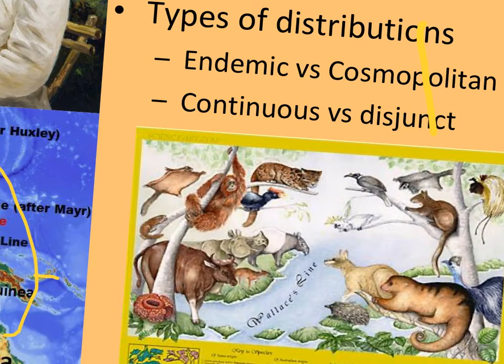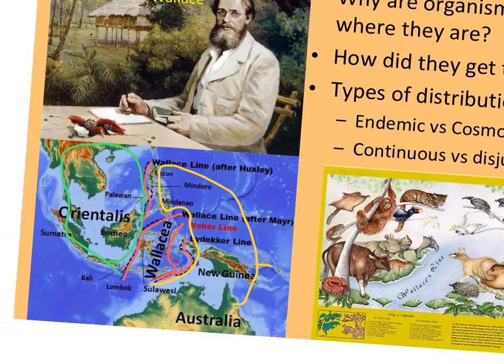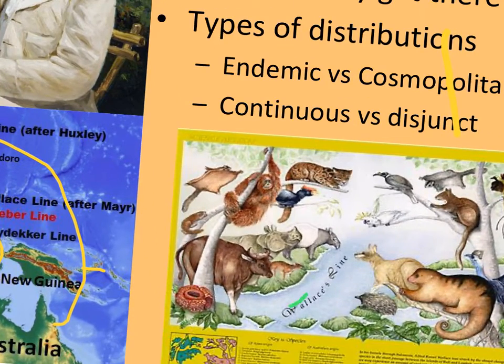So here's Wallace's line. So on this side, these are animals, but also plants and birds and things like that. We see honey gliders, orangutans, banteng buffaloes, rhinoceros, and Asian elephant, things like that, tiger, and then on the other side,